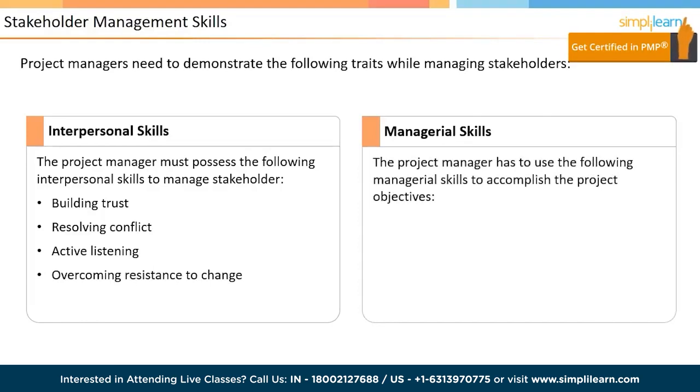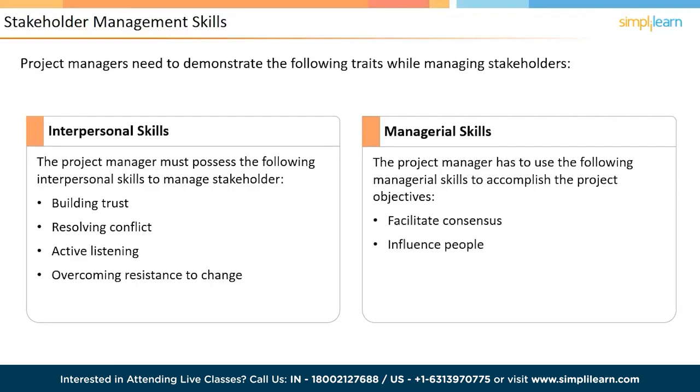Managerial skills that may help in accomplishing the project objectives. A project manager must be able to build consensus among the group. While absolute uniformity may not always be possible or desirable, the project manager must use techniques to ensure widespread discussions and arrive at a path that the group can buy into. The project manager must be able to influence people, often without necessarily being in the position of authority. The project manager must be skillful to negotiate agreements. The project manager must be able to understand and modify organizational behavior in order to move the project in a